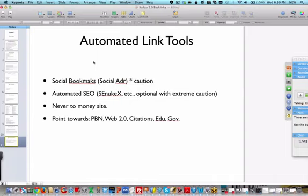If you have automated link tools on here, what I would recommend is never point any of those towards your money site. You have a lot of other places you can point them towards, and you should if you have them. At this point, my stance on them is that they're optional, but a lot of people have already invested in them. And if you have, I would be pointing those automated backlinks not ever at your money sites,